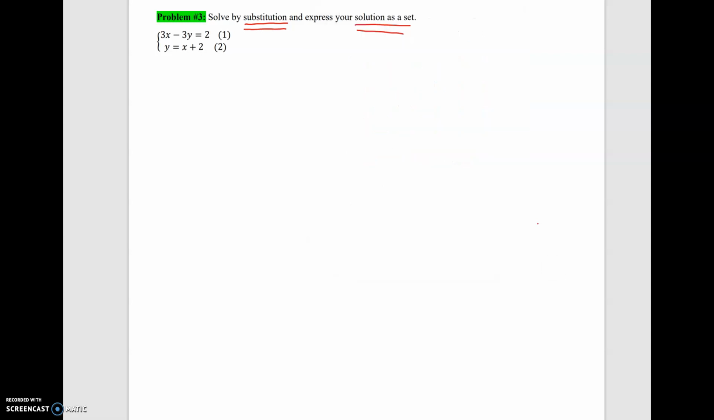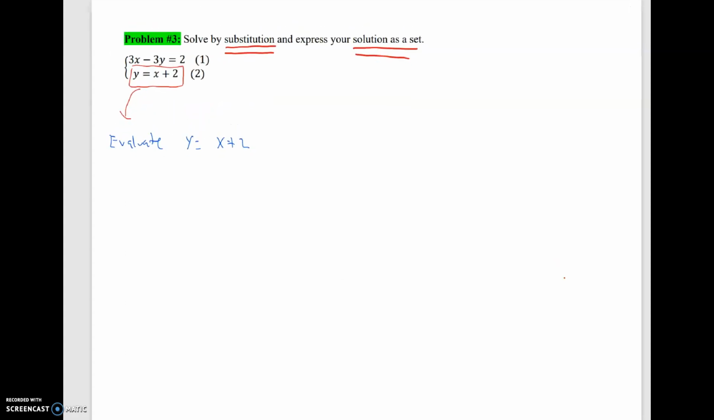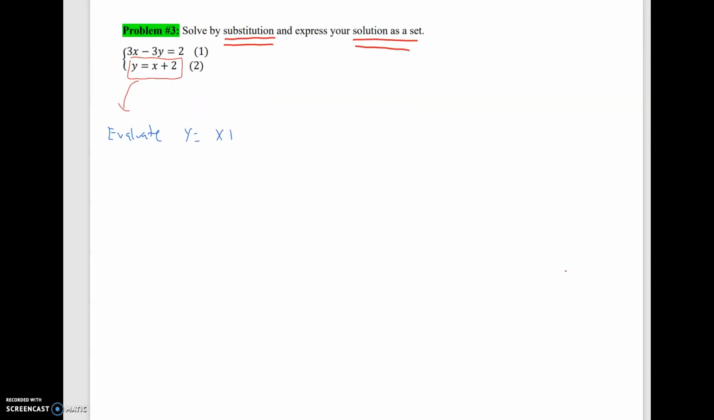Now, the substitution method, remember that, well, we have one equation, solve for a variable, and then plug it into the other one. But here, you already have equation 2 actually solved for. So what I'm just going to do is, in this case, evaluate 2. y is equal to x plus 2, into equation number 1. Now, number 1 says 3x minus